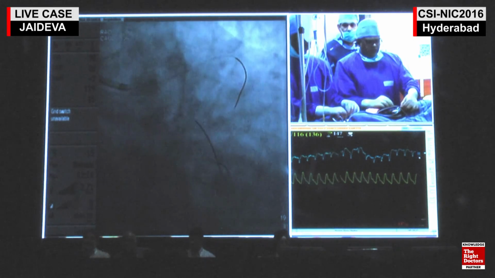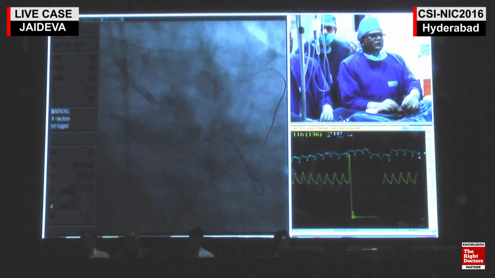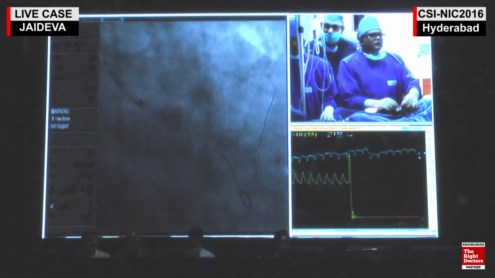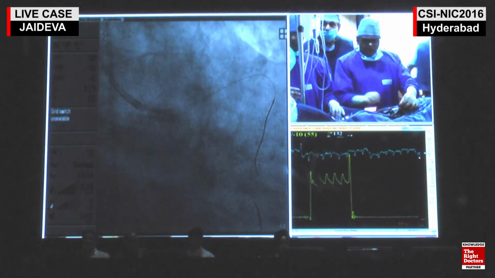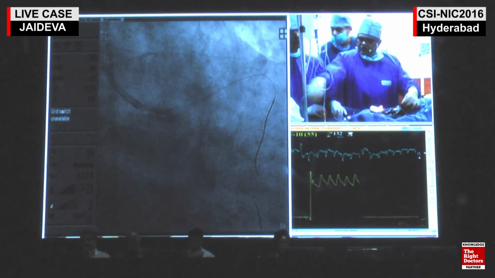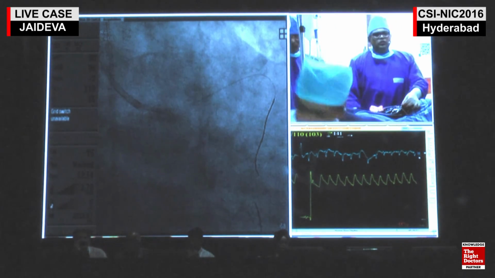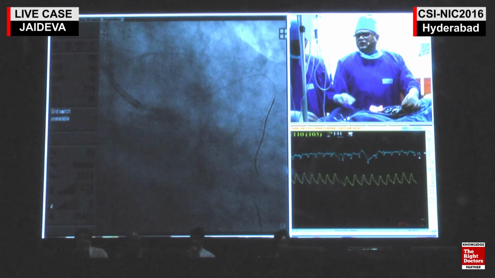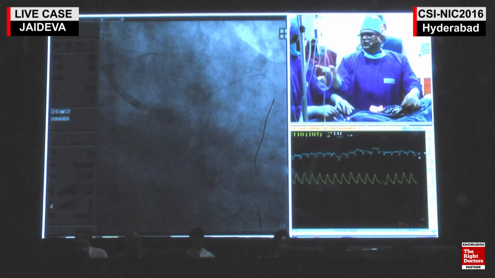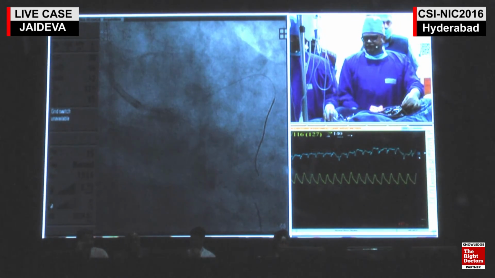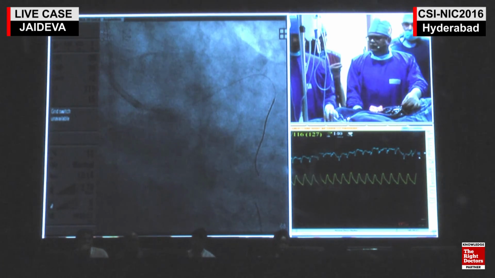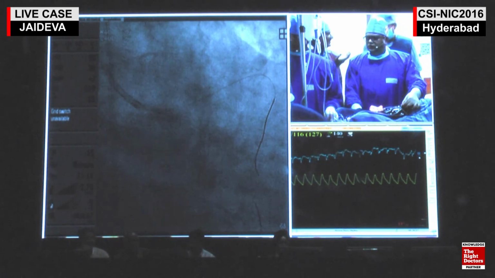I can see the plaque, but I don't think every plaque needs to be covered. If you look at it in another view also, you may see something. The reason I'm saying that is that the longer the stent that you try to put in, the more difficulty you may have to cross. Okay, fine. Let's go. We'll take it. Yeah, I think we are going ahead and stenting 3.5, 28. If you can look at it in another view and then make your decision.